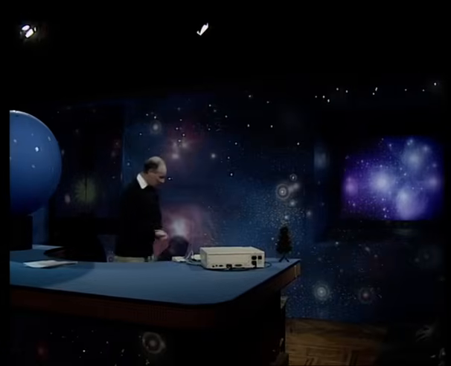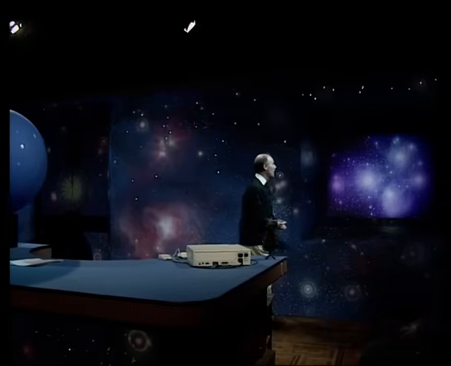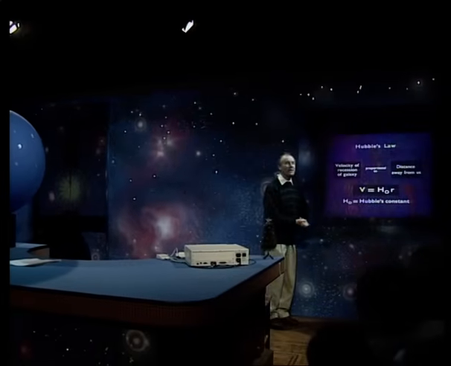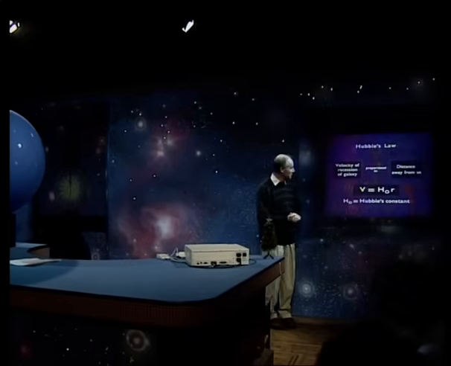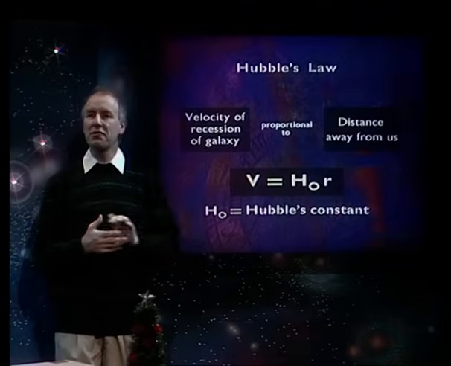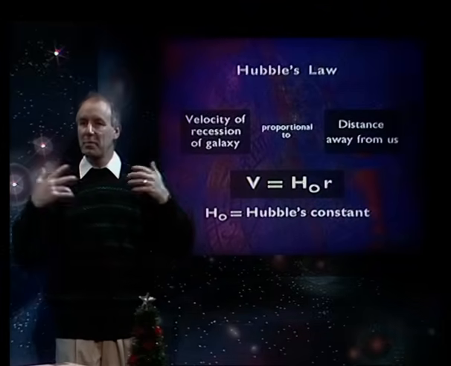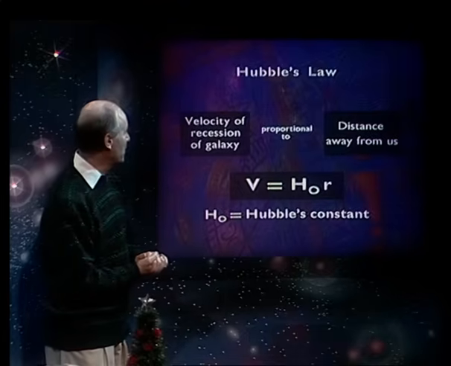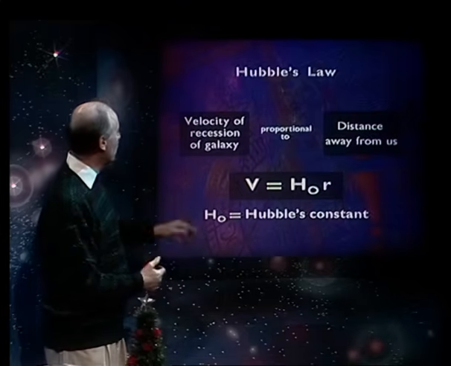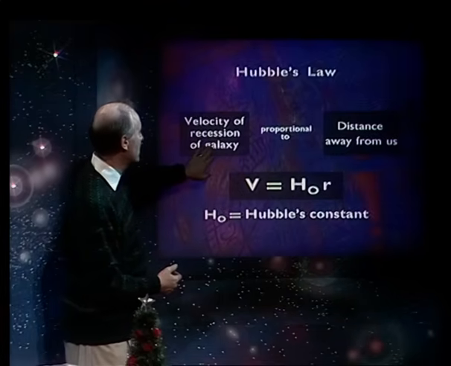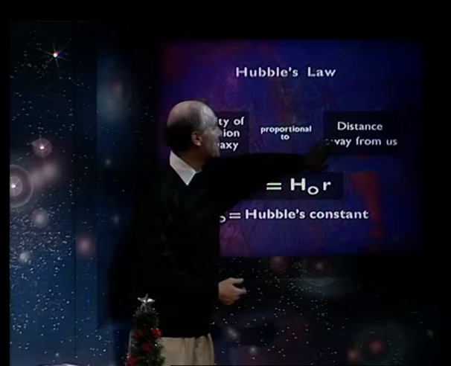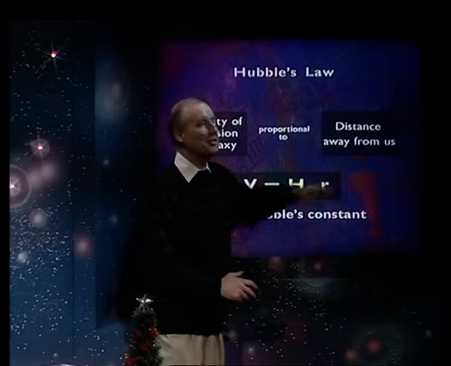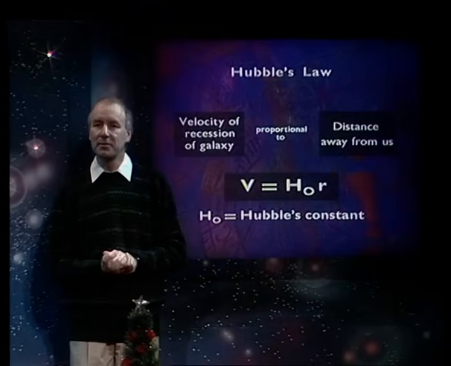Now, we've already met 2 of the key facts about the universe which we will need in order to start our journey. The first is the fact that the galaxies are expanding away from our own galaxy. This is Hubble's great discovery, in which he found that the velocity of a galaxy away from us is proportional to its distance from us. This is Hubble's famous law.